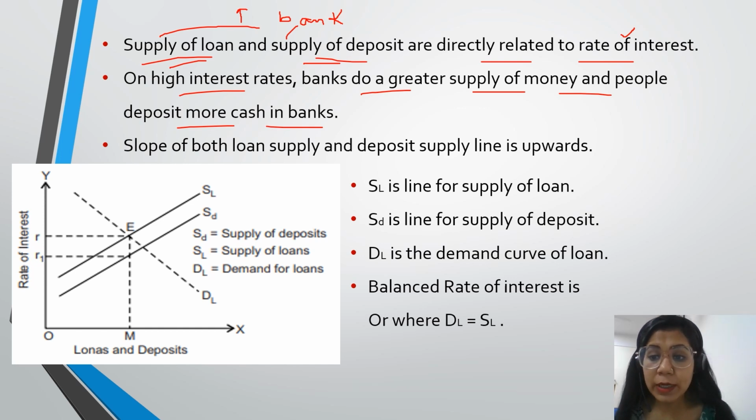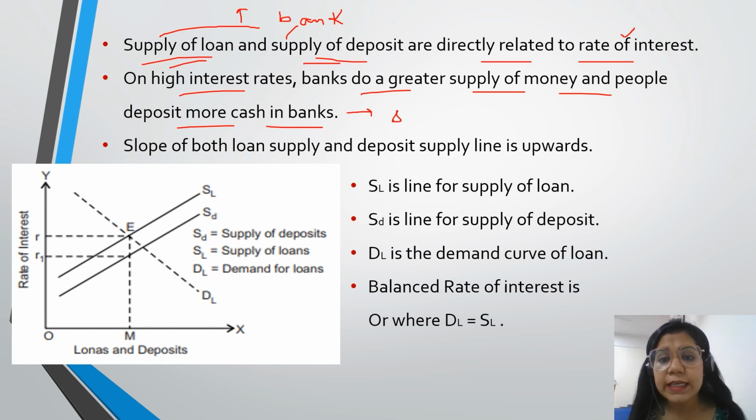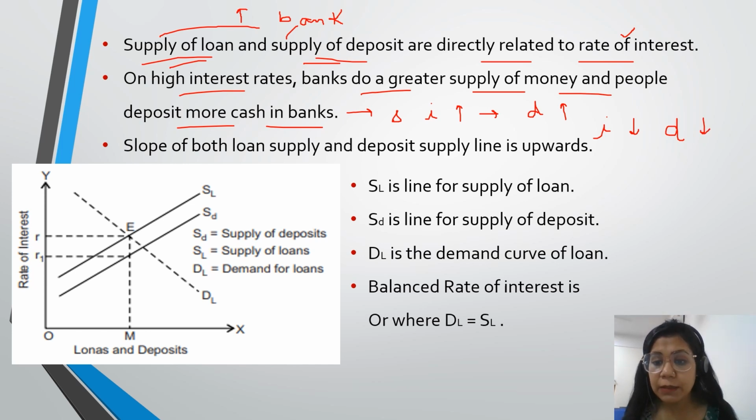banks. So what happens is that when people get high interest rate on their savings, on their deposits, then they will deposit their money more rather than keeping their cash in hand. But similarly, if they get low interest rate, then there is no point in keeping their money in banks. They can keep it in hand. So at that time, the demand deposit decreases. When the demand deposit or the primary deposits decrease, we have already studied that this will limit the credit